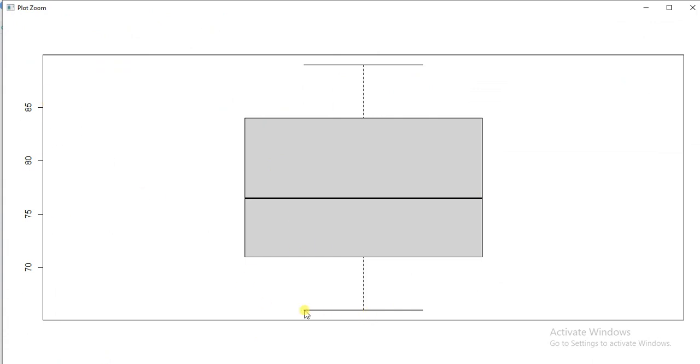The lowest marks obtained by students is about 68, and the maximum is 86 or 87, and most students obtained marks within this range, 70 to 84. This is our median, meaning 50% of students' scores lie in this region, and 25% of students are above this median and 25% below. This is known as the upper quartile and this is the lower quartile.